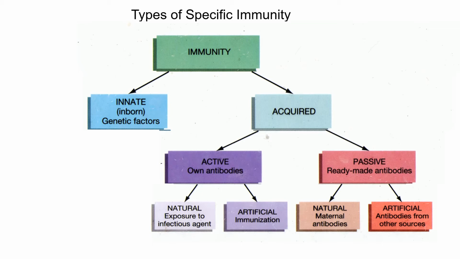Now, if it's naturally acquired passive immunity, that's what we see going from mother to offspring, and that happens through breast milk. So that's why the first breastfeeding is so important. Colostrum contains all the antibodies mom has made in her lifetime. So ladies, how good your breast milk is going to depend on how many diseases you've had and how many that you produced antibodies to.